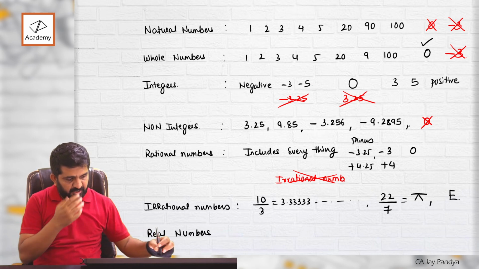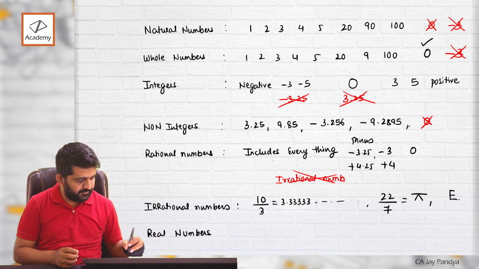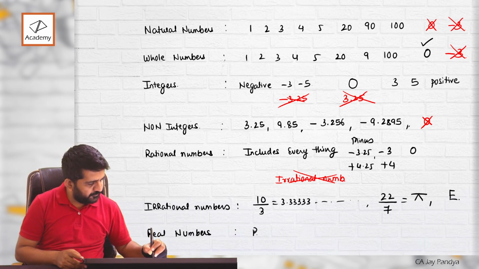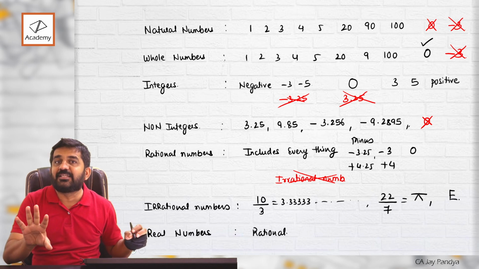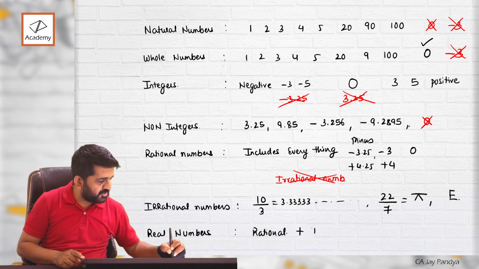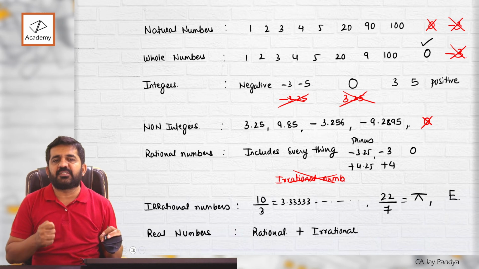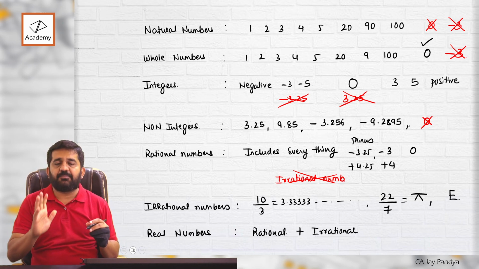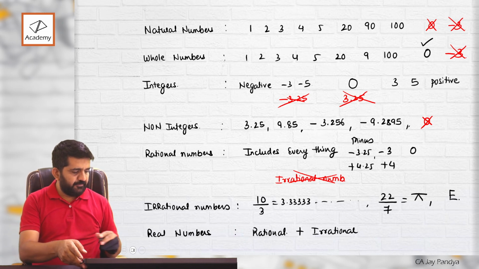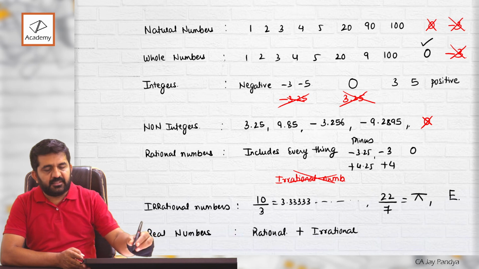So we have understood rational, right? Rational is anything which is not irrational. Real numbers include rational. See, rational included everything except irrational. But real includes rational as well as irrational. So all numbers are real numbers and our chapter's name is real numbers. After learning these numbers, we went to two main things which are important for learning chapter number 1, that is real numbers, which is prime number